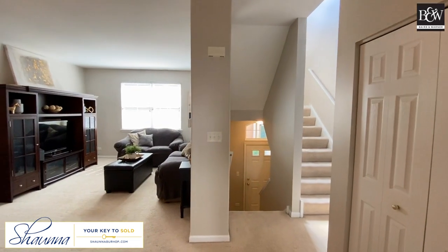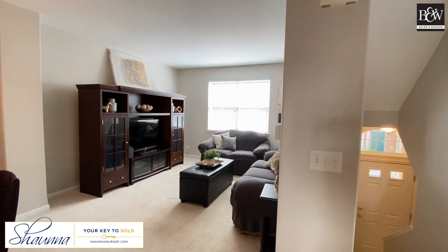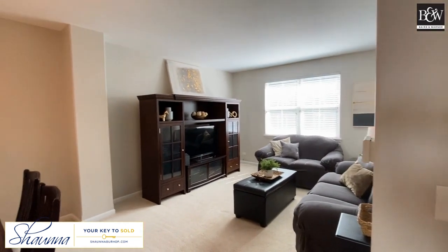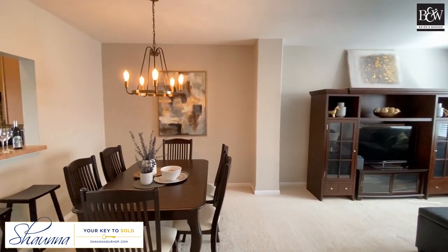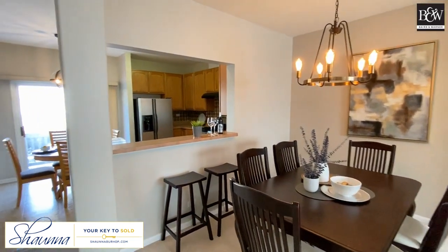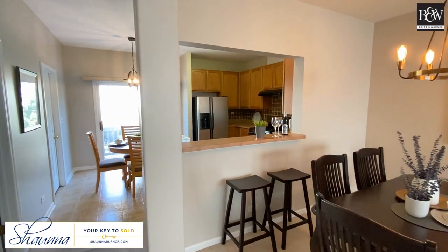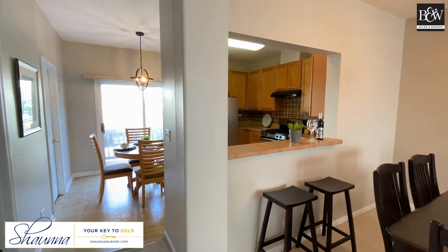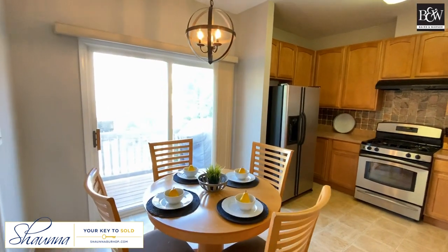From the entry, you'll walk up to the main living space, which has been beautifully updated with neutral paint and on-trend lighting. The breakfast bar is a great spot to grab a quick meal, or friends can chat while you're prepping in the kitchen. The kitchen offers access to the deck,